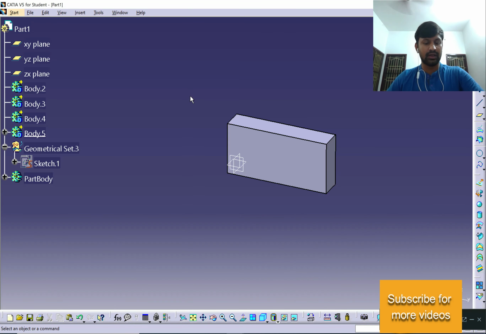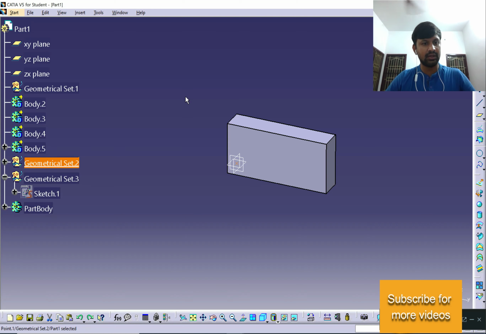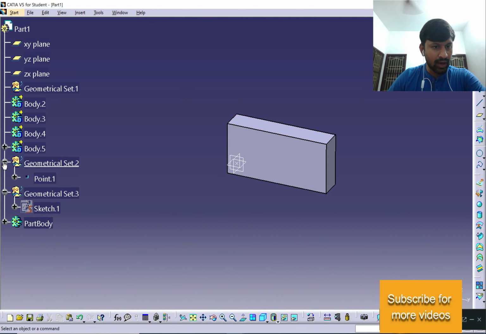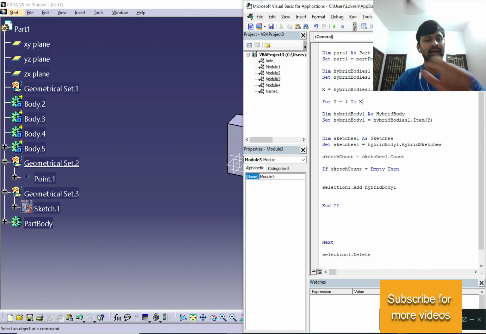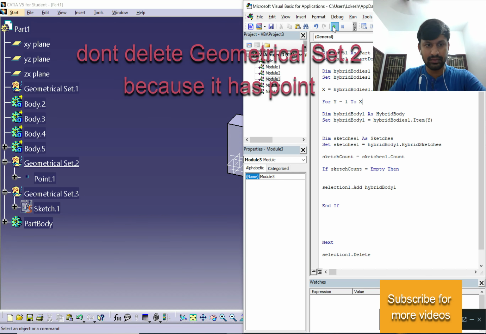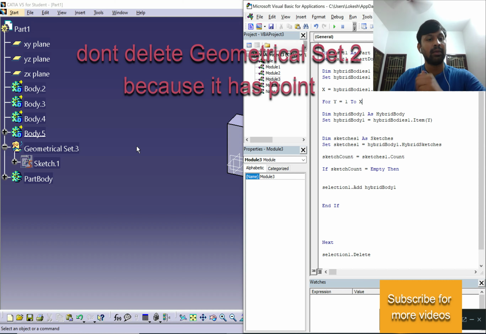I'm going to do Control Z here. Here it has a point. Now let me run this code and see what happens. This time it will delete the geometrical set. See, it's deleting, but we don't want to delete the geometrical set. That means we should know the hybrid shape feature also.